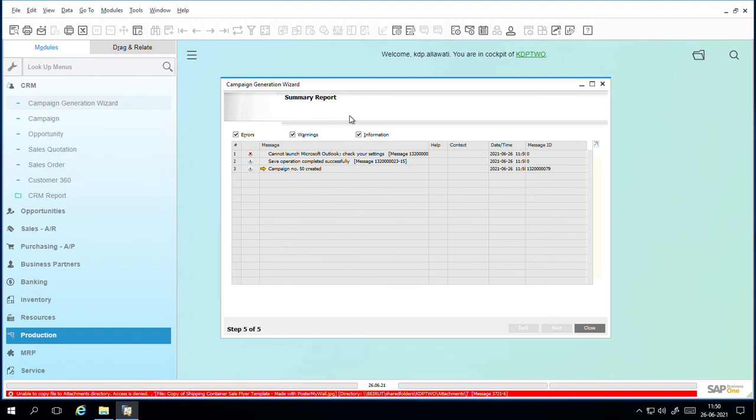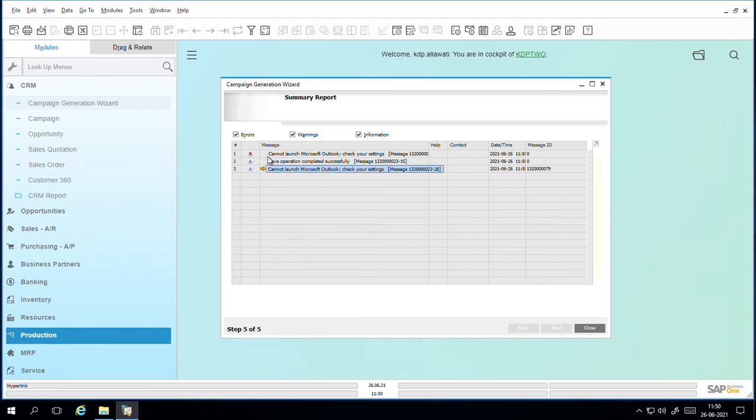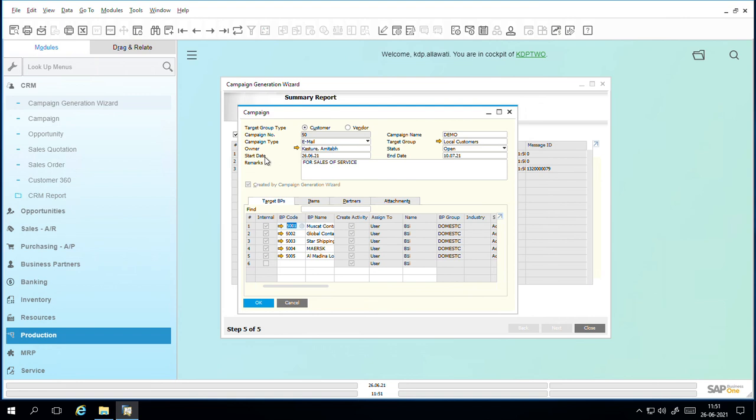In this option we get a summary report. Microsoft Outlook gets opened, and with the help of Microsoft Outlook we send the campaign. We generate the campaign, and this is the report we get after executing and saving the campaign. The campaign is executed successfully. The save operation completed successfully. Campaign number 50 created. If I click on the golden arrow, I will be redirected to the campaigning option,